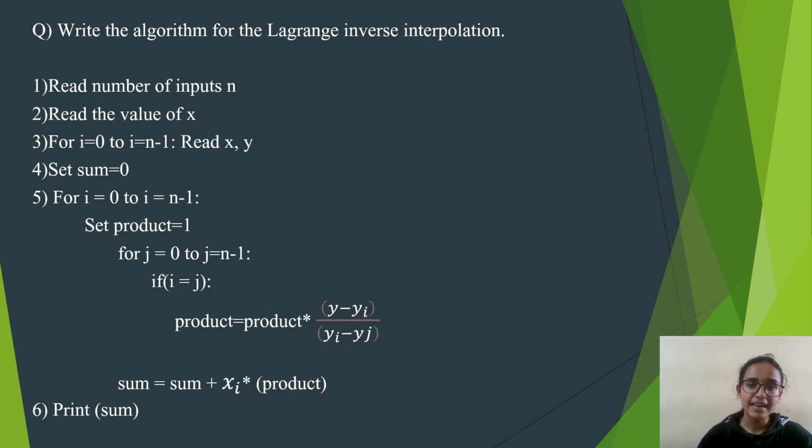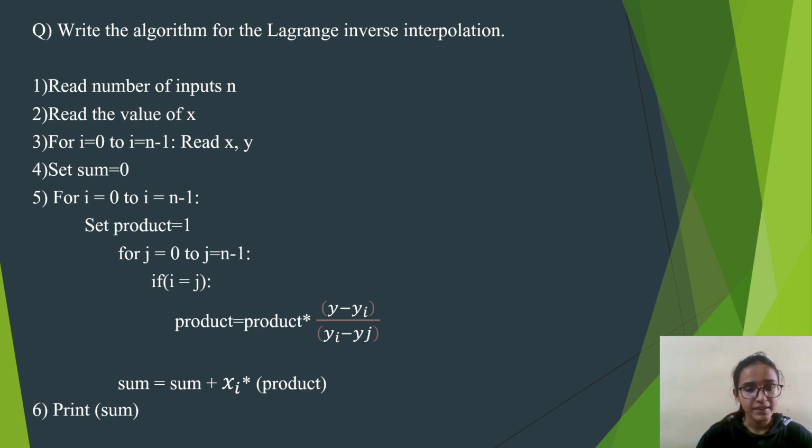We have to write the algorithm for Lagrange's inverse interpolation. So for Lagrange's inverse interpolation, we will be reading the number of inputs, that is n, and we'll be reading the values of x starting from 0 to n minus 1 iterations. We'll be reading the values of x and y at each iterative step. Then we will take a variable sum and set it to 0, and from lowest to highest values, that is from 0 to n minus 1, we will be